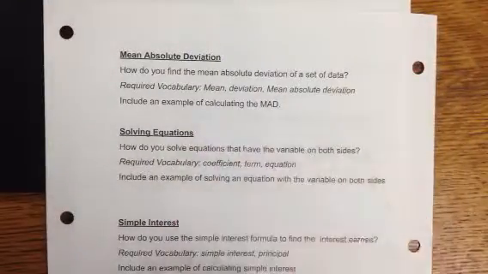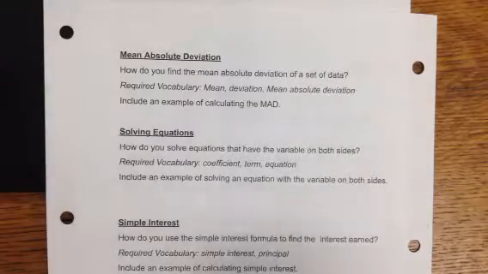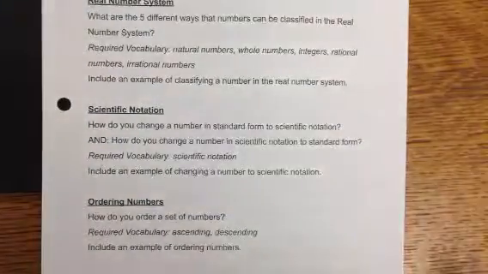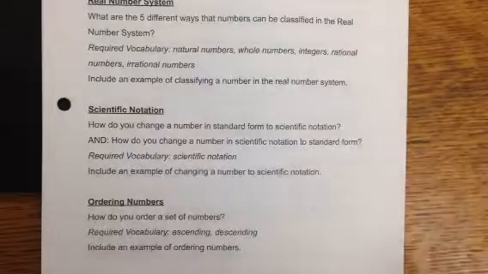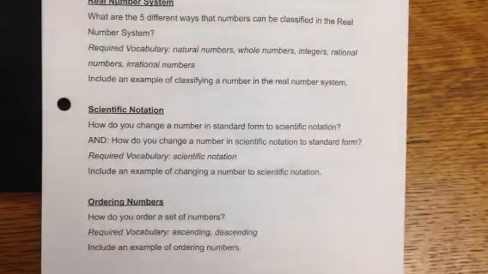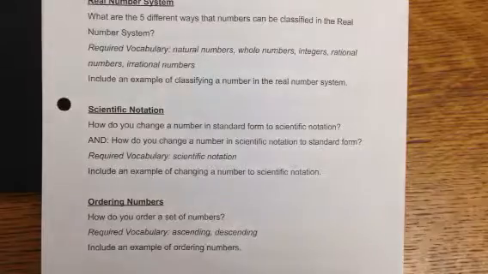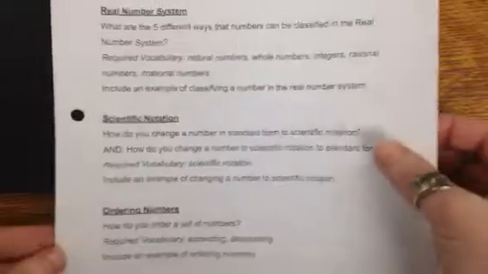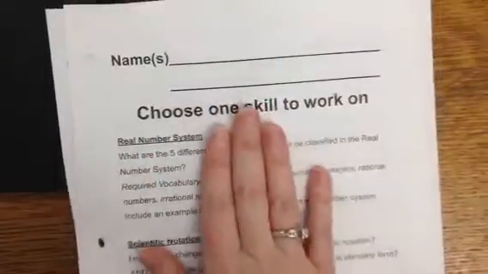So what I would do first is go through and read each one front and back because they each have a question, they each have vocab. And they all say to include an example of that skill. So I would read through these and pick out the one that you are very best at and that you feel like you could teach and you can explain and all that good stuff. So once you have chosen the one that you feel the very best about, you're going to keep this,